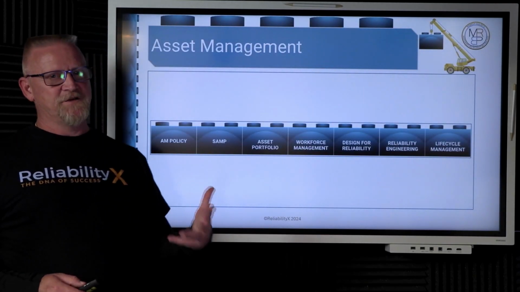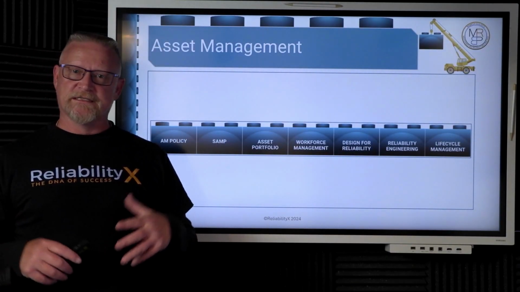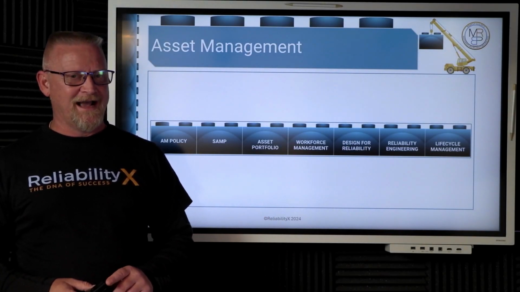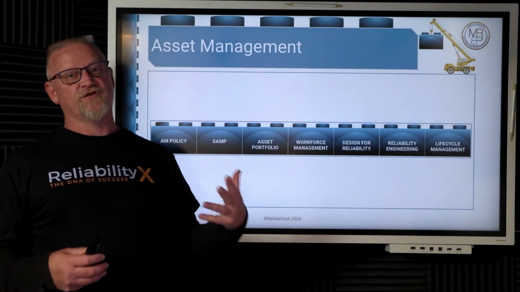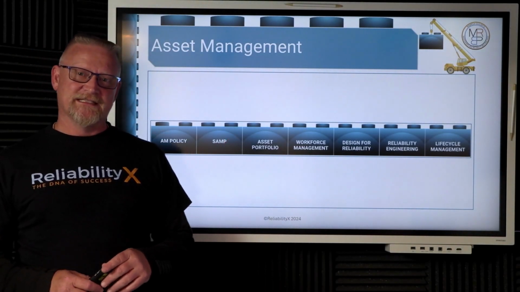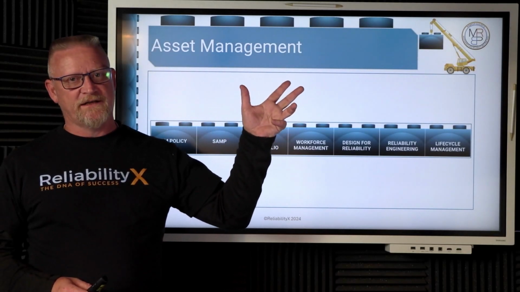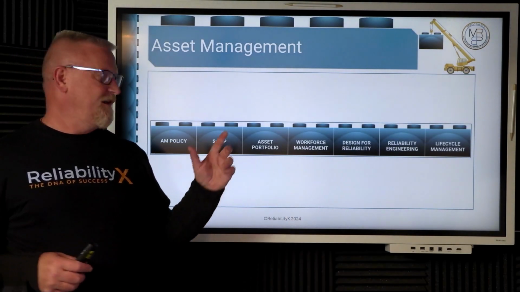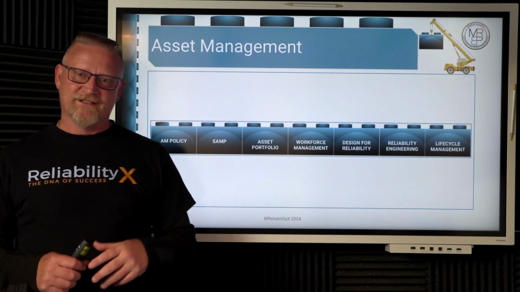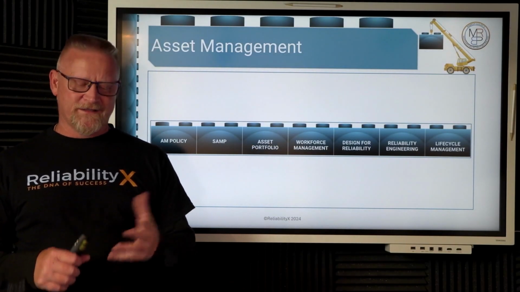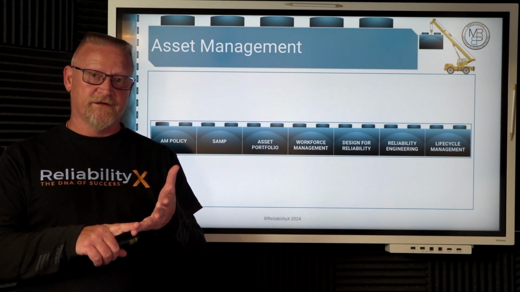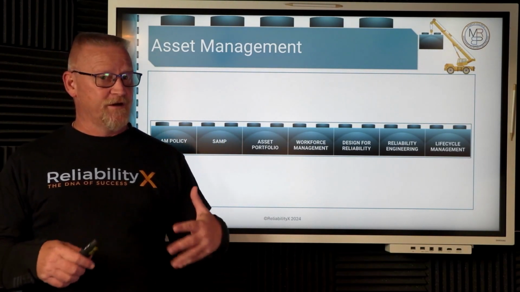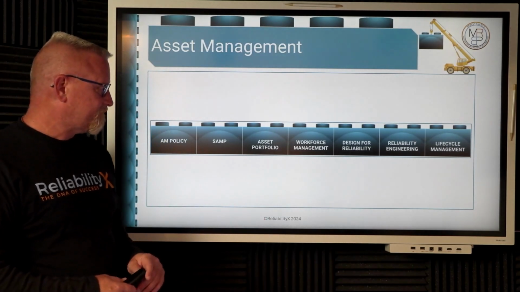They include the asset management policy, which is our commitment to sound asset management practices, ensuring the reliable operation of our assets. Next up is the SAMP, the Strategic Asset Management Plan. This is how we translate organizational objectives into asset management objectives. After that, we have to understand, well, what will that translate to? And so we have our asset portfolio, which is comprised of things like, what do I own? How critical is it? And then as we move down into the maintenance management domain, if it's critical, how does it fail and what will I do about it?